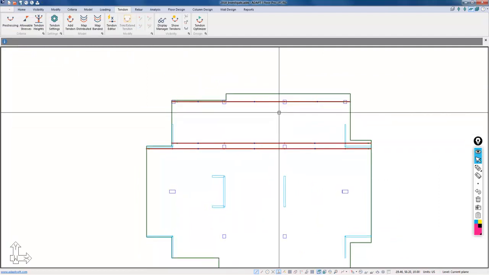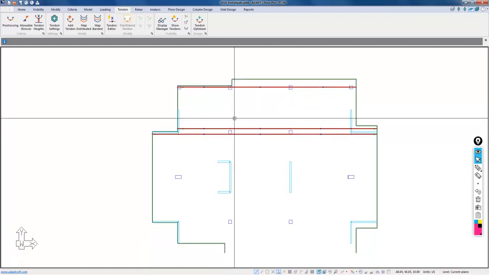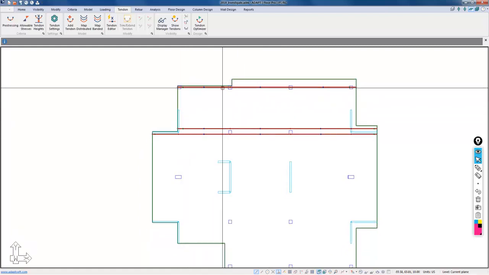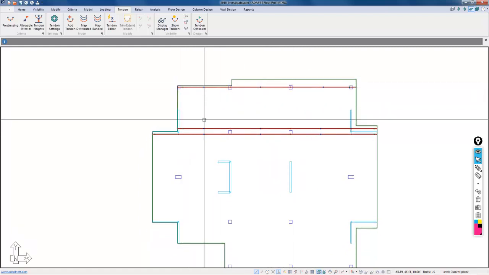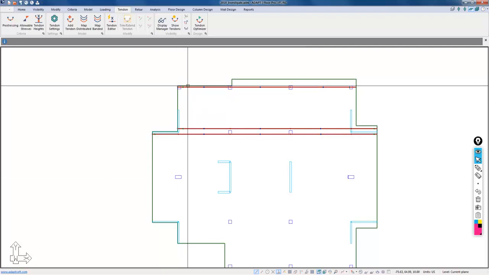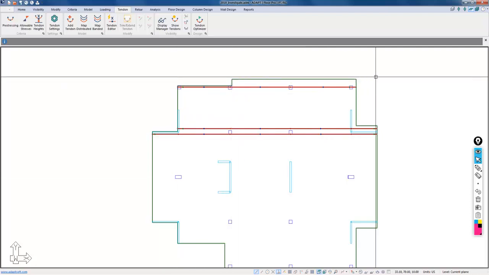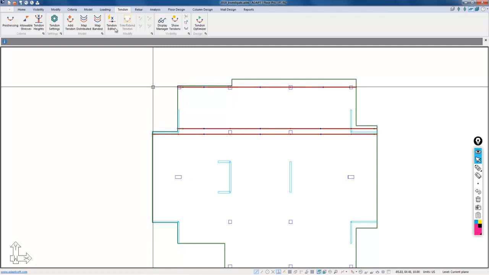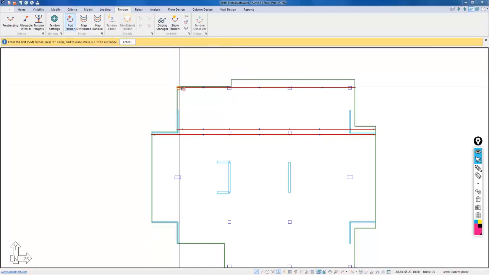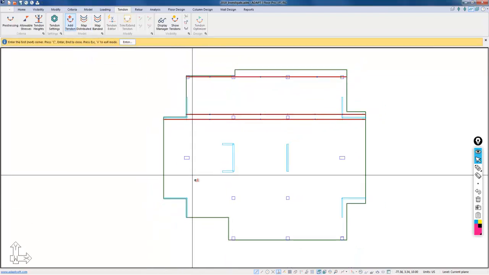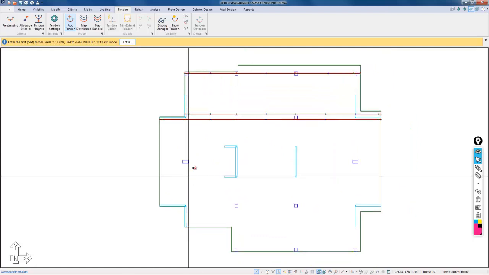Now the distributed tendons, again reading from plan, we're going to assume that we have 2 tendons every 3 feet. And so we have a change in the slab edge here, so we're going to have to be mindful of that. So we're going to model these tendons here first and then these tendons second. I'll go ahead and add a tendon, and this tendon,